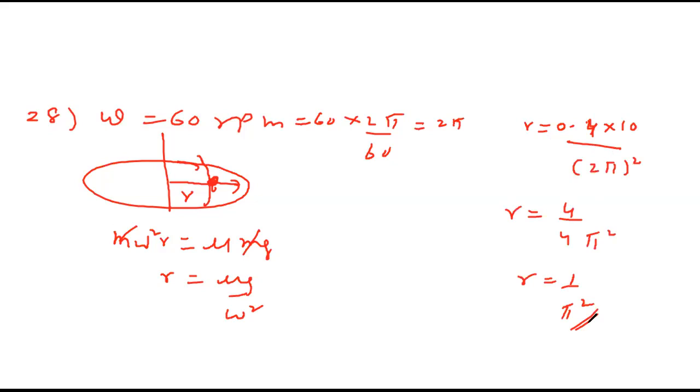Done, sir. And sum number 29. Fats can be separated from milk in a cream separator because of centrifugal force. An astronaut can be spun, trained in the centrifuge as an arm length.